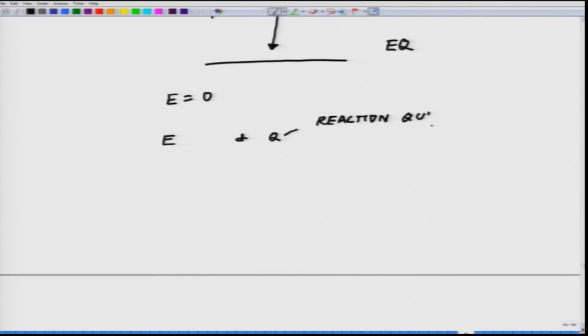Now, let us write down both the reactions. On your right electrode,